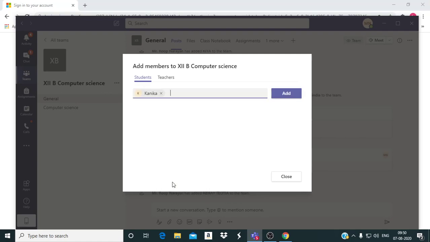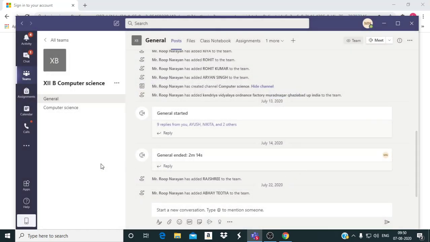Okay, I click on this and add the child. Here I do not need to add. So when you add a new student, please add that student in your concerned class team also. Only then the concerned student can attend your class. Okay, so thank you very much.